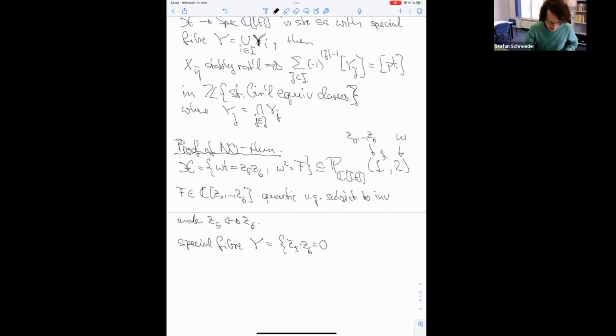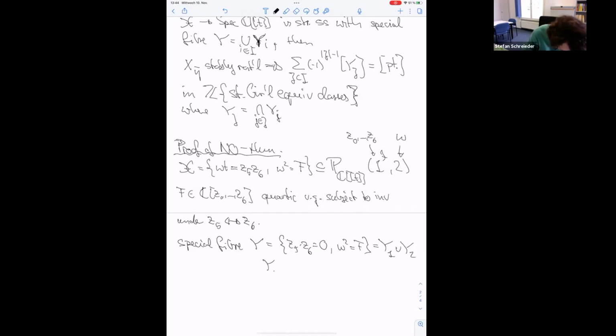So this is a union of two hyperplanes, and then the second equation is a double cover like this. So this will be a union Y1 union Y2, where